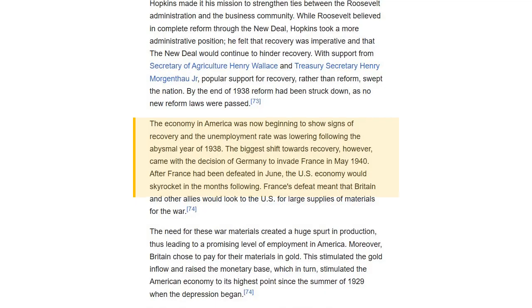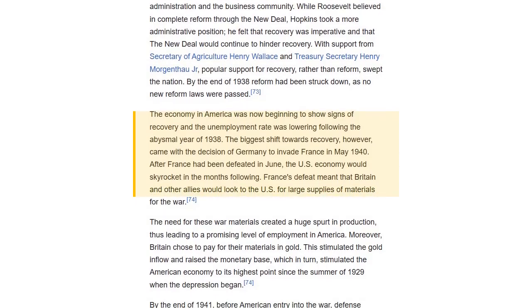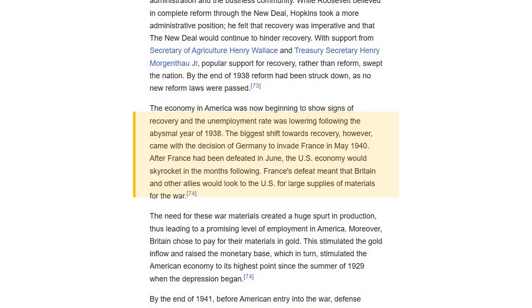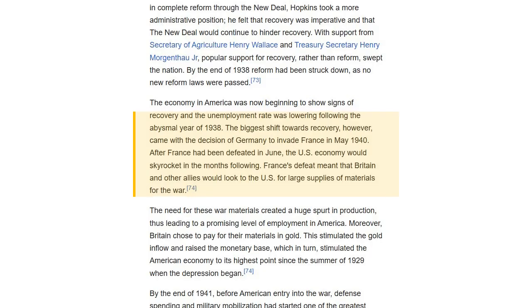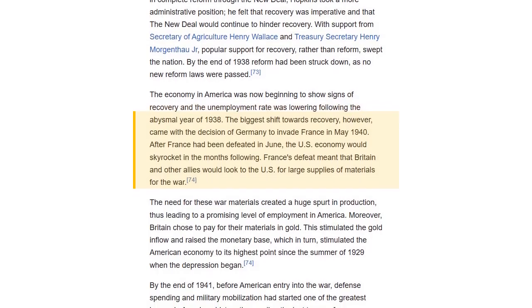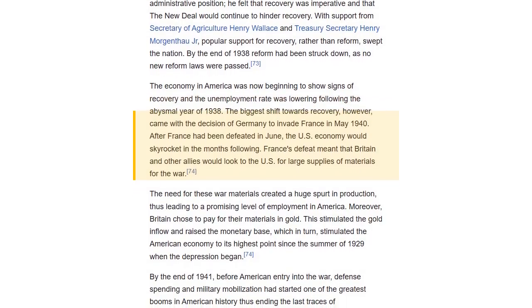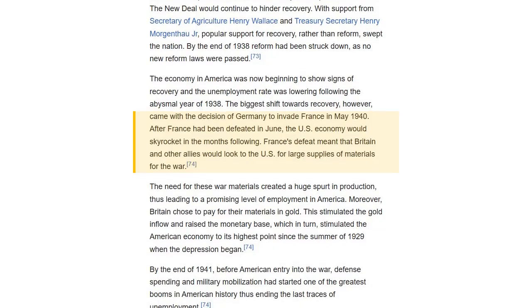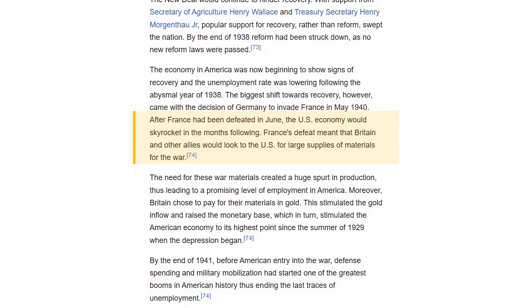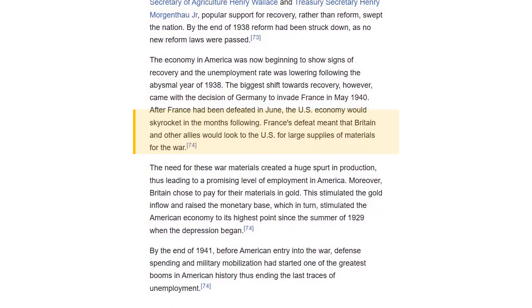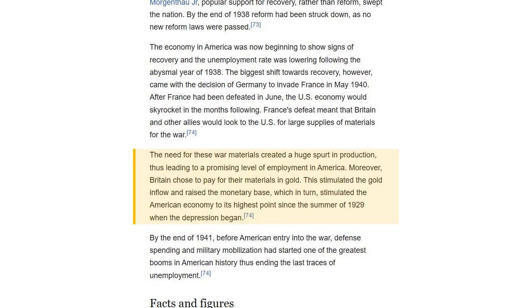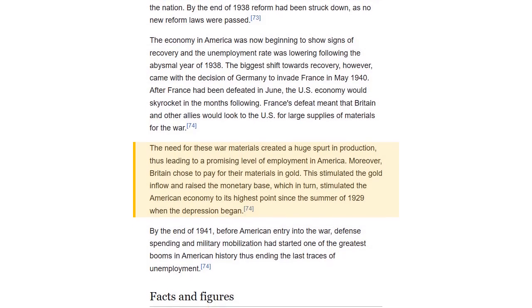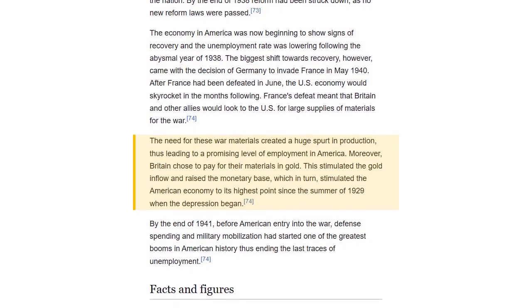The biggest shift towards recovery, however, came with the decision of Germany to invade France in May 1940. After France had been defeated in June, the US economy would skyrocket in the months following. France's defeat meant that Britain and other allies would look to the US for large supplies of materials for the war. The need for these war materials created a huge spurt in production, thus leading to a promising level of